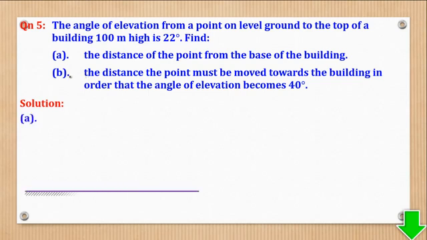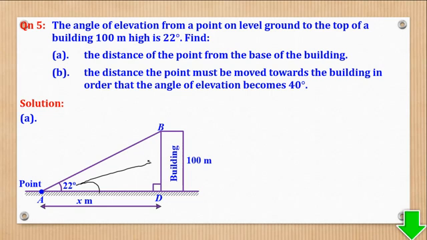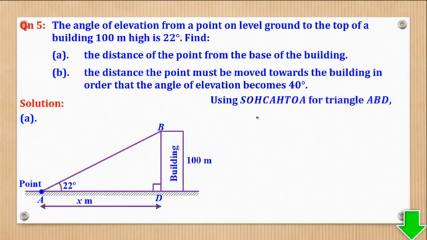So we shall make a sketch. They talked about a building, so we shall put a building there, which is 100 meters high. Then they talked about the angle of elevation being 22 degrees, so join using a straight line, and that will be the angle of 22. So a good thing now we have a right angle triangle, and they want this distance of the point from the base of the building. So with this angle, this side is the adjacent, and this is the opposite. So adjacent, opposite, using SOHCAHTOA,